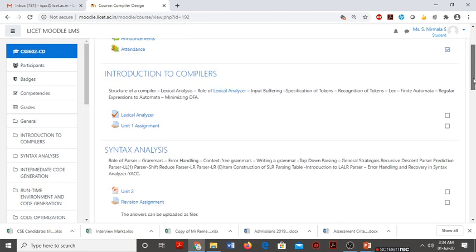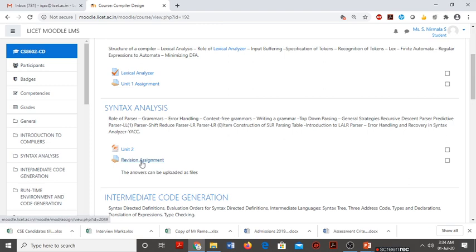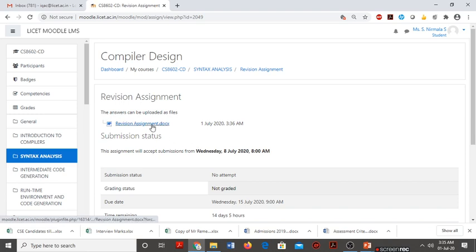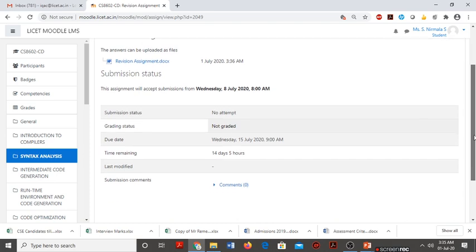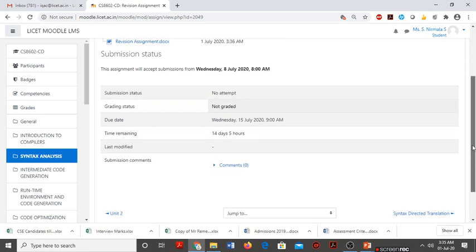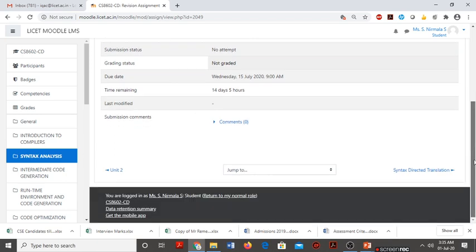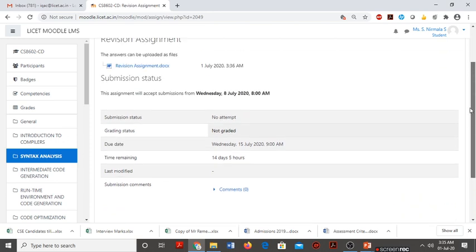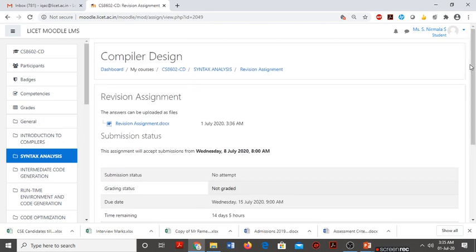So in the students portal, it appears as revision assignment, and students can download their question from here, and no attempt is made so far, so it is not graded yet. So it permits only from 8th July. So in this way, we can create an assignment with minimum settings. Thank you.